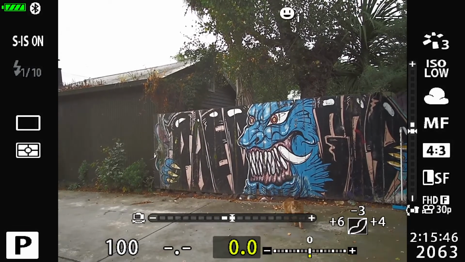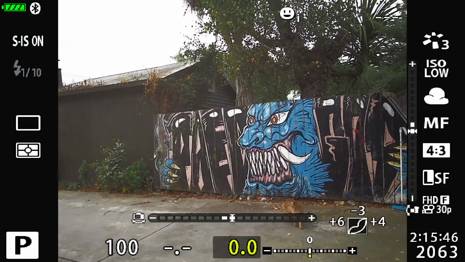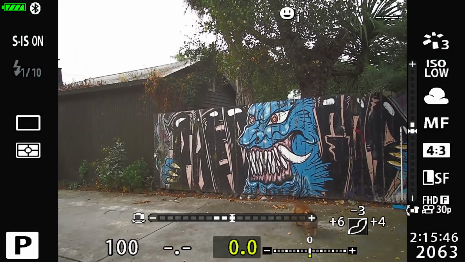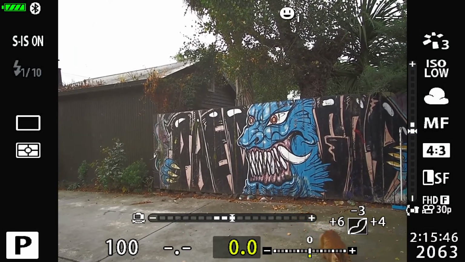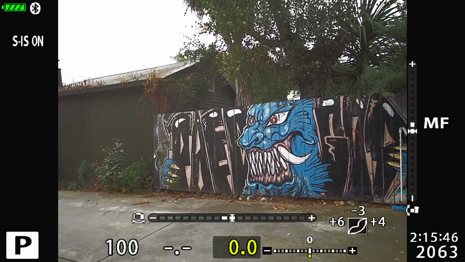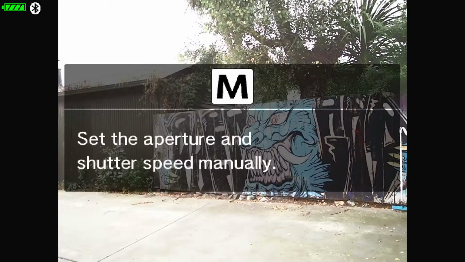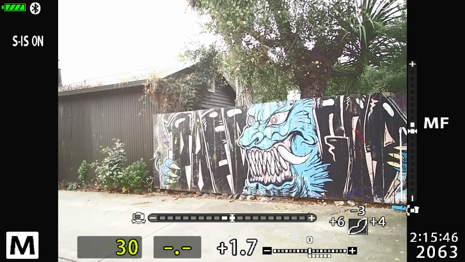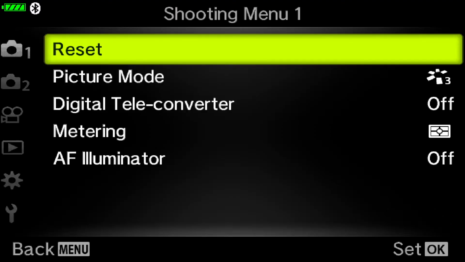Now personally I don't often use program mode, but it looks like it just focuses more on the exposure compensation. Now I'll go back into manual mode here, and I do cycle through the menus. So